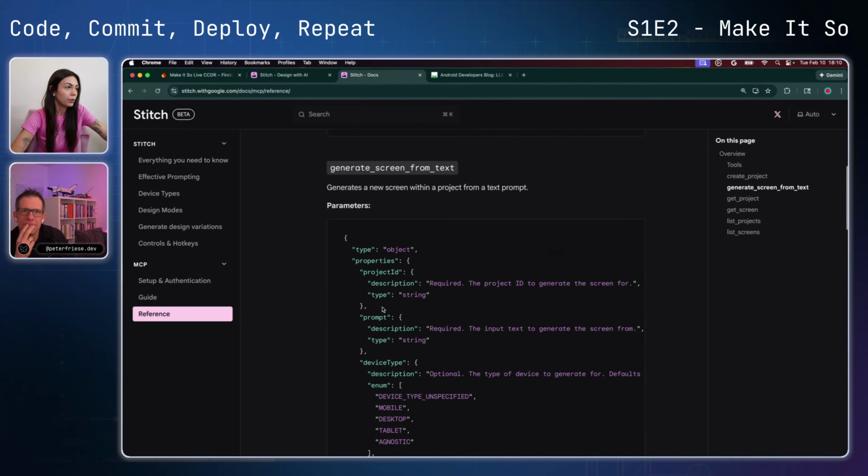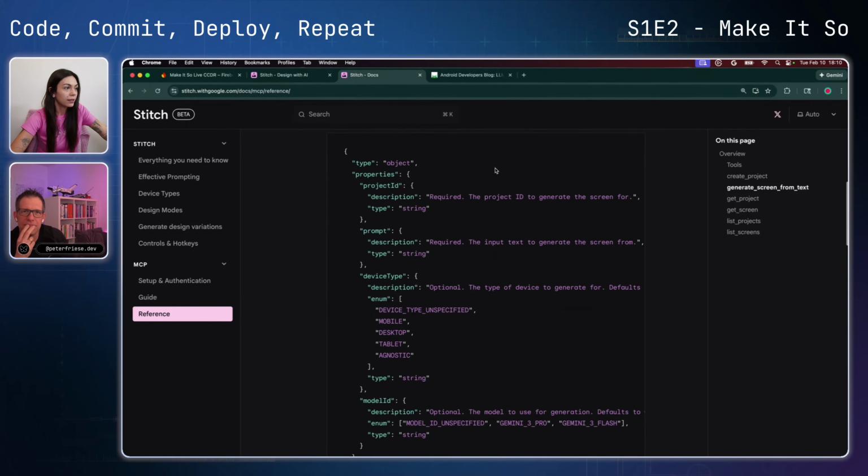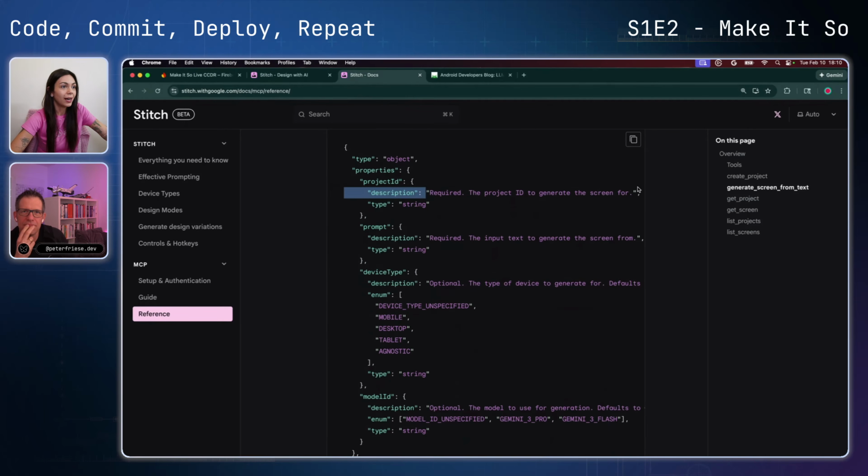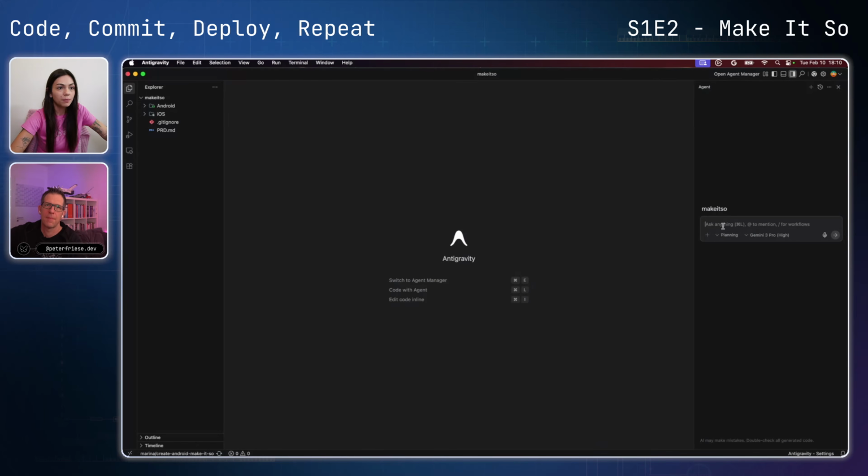We want to target this one, which is generate screen from text. The first thing we need is the project ID, so it knows in which project it should generate the screen. So first I want to ask Make It So